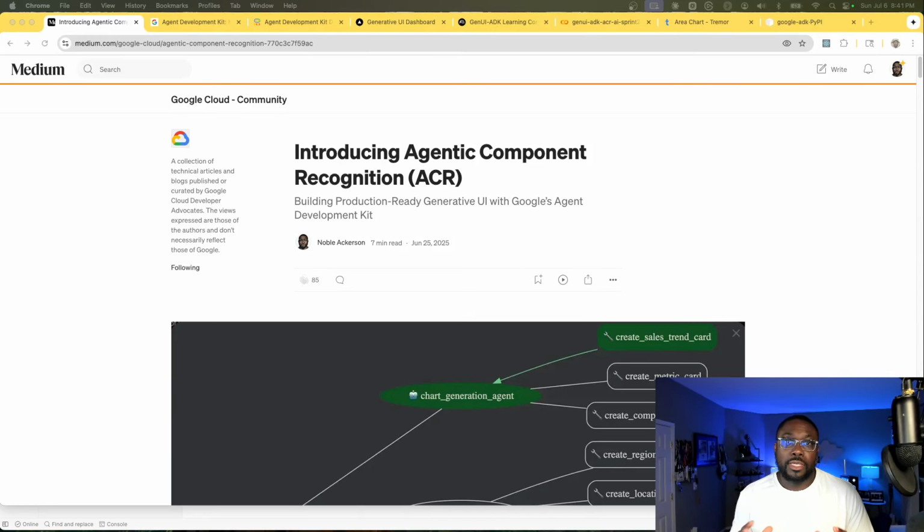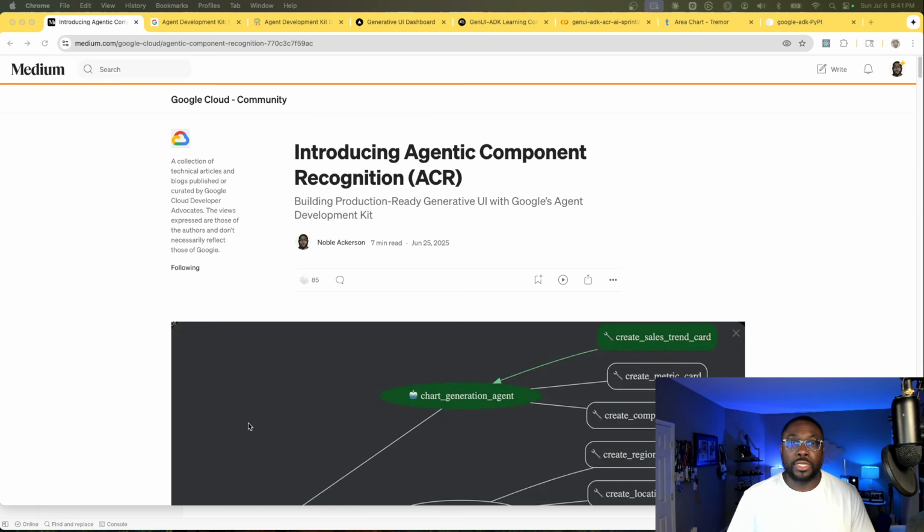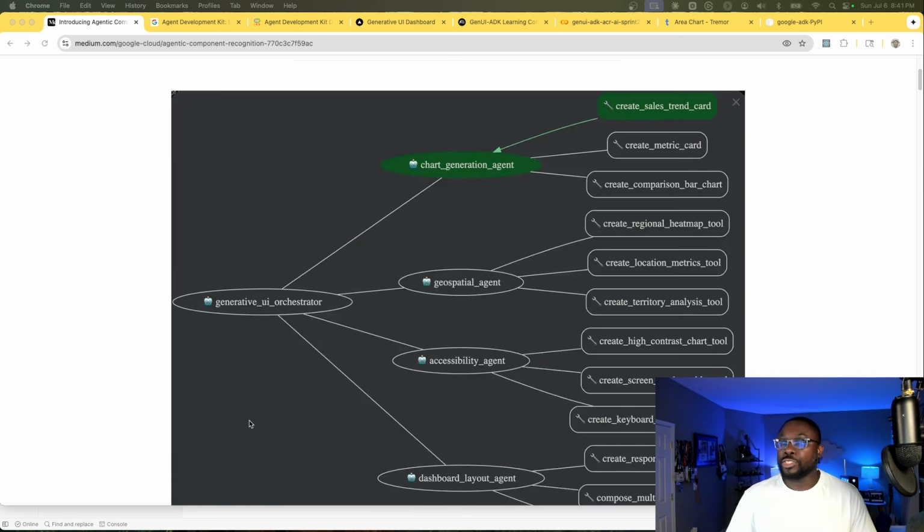All right. In case you stumbled upon this blog post posted under the Google Cloud Communities medium, you may be wondering, okay, this sounds great in theory, but how does it actually work? How do I adapt this multi-agent architecture, this orchestrator worker pattern, to UI components? How do we reimagine human-computer interaction? Well,